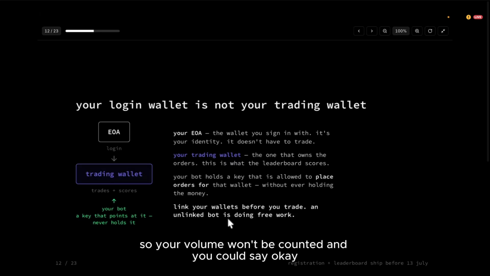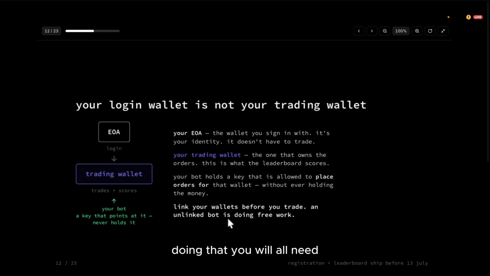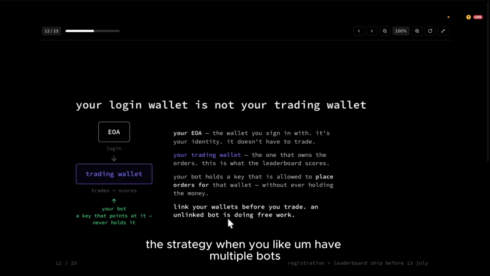And you could say, okay, my bot did this, did that, but it's not recorded. So it's really, really important if you choose to do it this way, like having multiple wallets with bots doing this, doing that. You will need to link them all together to your main wallet so that everything is being tracked. I hope it does make sense. What do you say, Irony? Does it make sense, this strategy, when you have multiple bots holding keys to one wallet, and the other bot holds the keys to another wallet, and all this army of bots doing your trading?